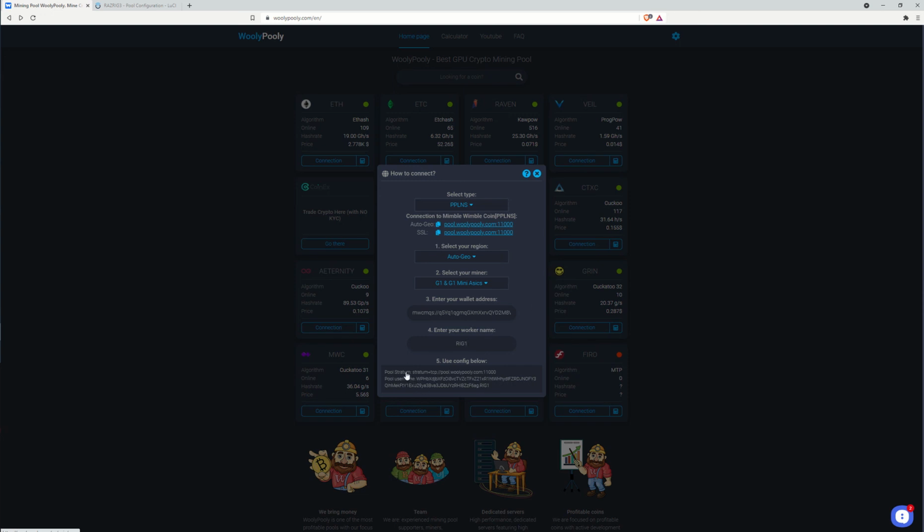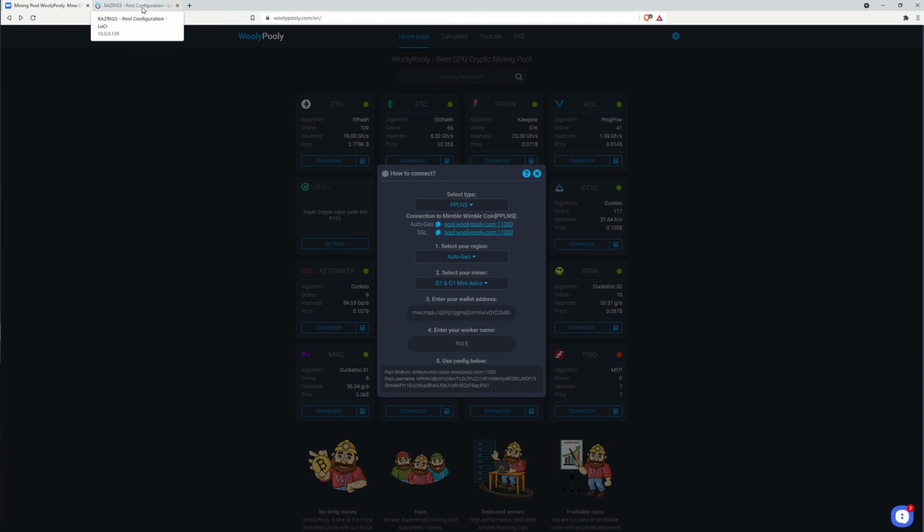Step 5, you'll see the pool stratum address, which we'll enter in the G1 and G1-MINI pool configuration. And then here's our WoolyPooly username, specific for WoolyPooly only. So you can tell they converted our wallet address into a unique string only for WoolyPooly. You can verify that because the username starts with a WP for WoolyPooly. That's how you know that it was successfully converted into a WoolyPooly username. So let's go ahead and